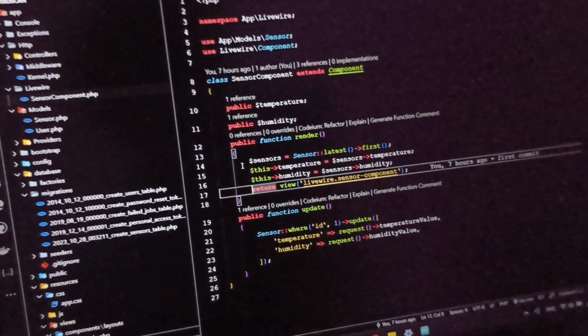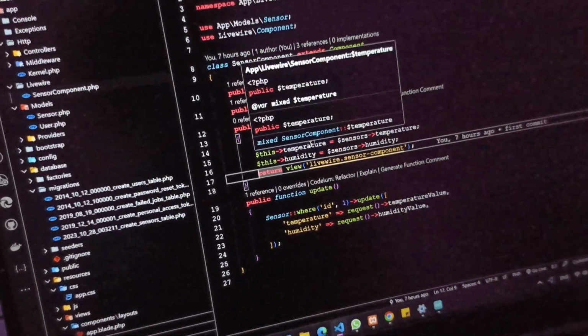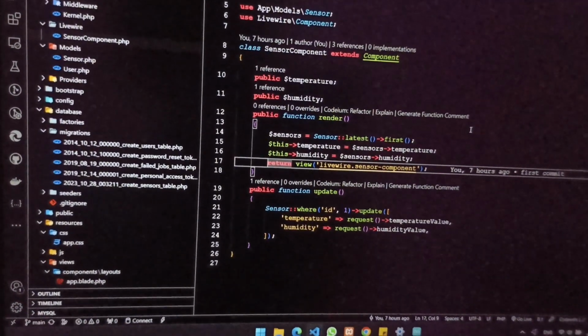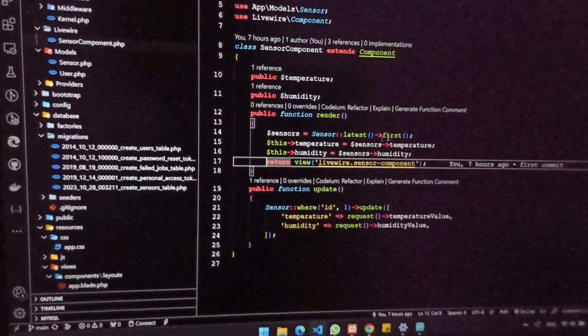Okay, this a variable to make a sensor read temperature.